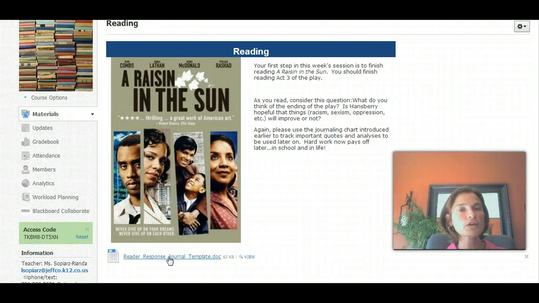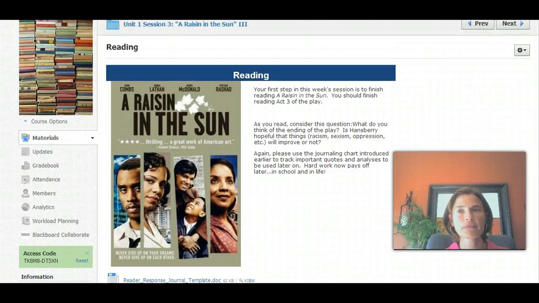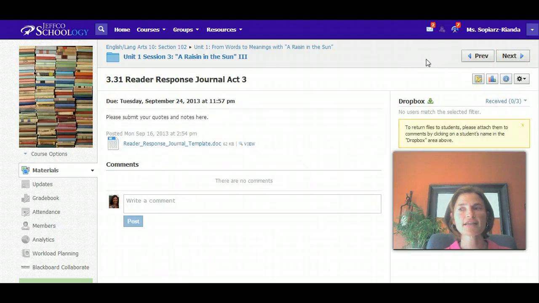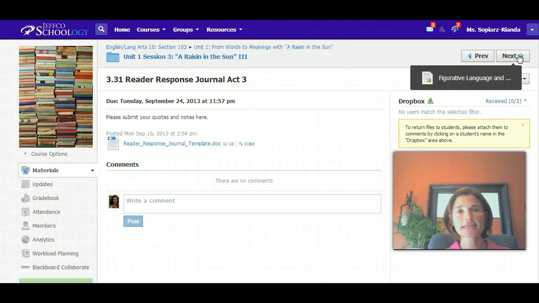All of this hard work you've been doing with these reader response journals will come in literally handy for your essay about A Raisin in the Sun next week. So like always, click Next. After reading the last act of the play, you'll submit your reader response journal right here. Click Next.